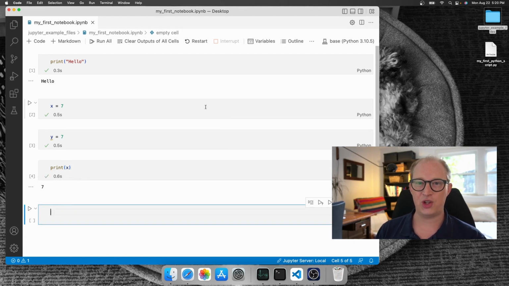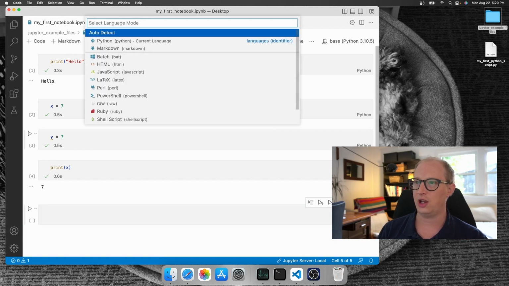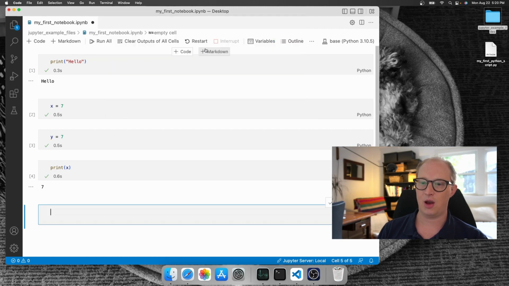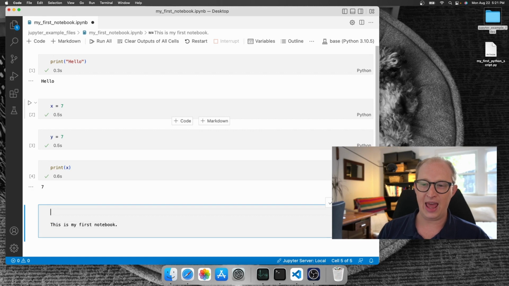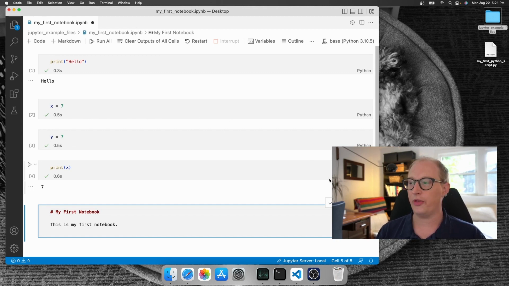Now, the other type of cell, as I mentioned, is a text cell. So if I come down here and want to change this to be a text cell, I can click here and then select Markdown up at the top. And what I get now is a cell where I can type, this is my first notebook. And if I want to add a heading, I can use the syntax of Markdown and add # followed by first notebook. And when I'm done, I can either type Shift Enter to run the cell, or I can click